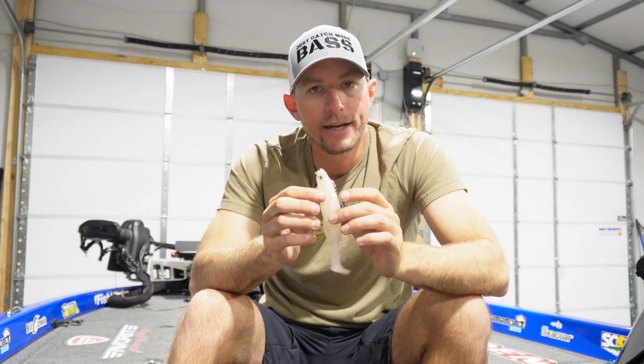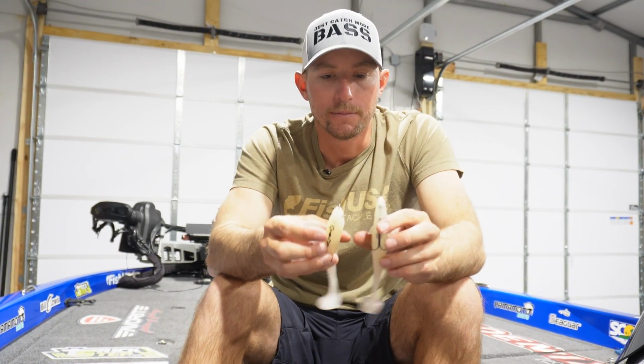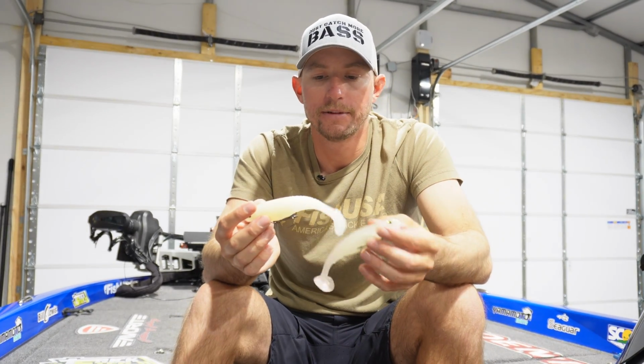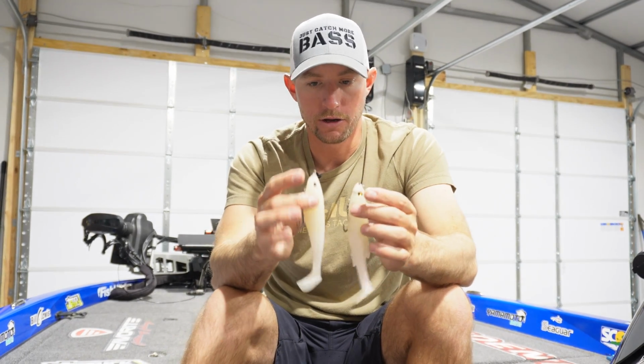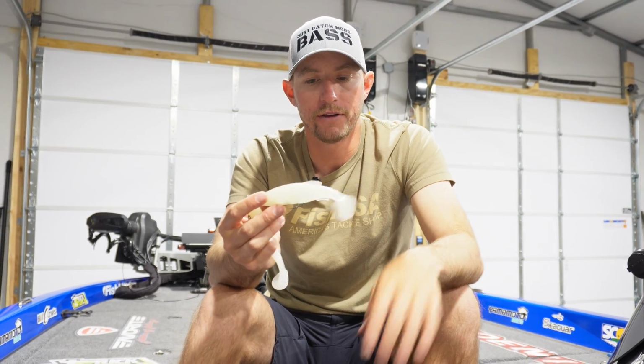One thing I forgot to mention about fishing both of these swim baits, and that would be the line that you fish it on. The line size is very important in how fast this bait, or how close to the surface this bait wants to rise. So you may look at this bait and think, oh, this is a big swim bait, I need to throw it on heavy line, but I've found that's just the opposite of the case. I like to throw it on 15-pound line,